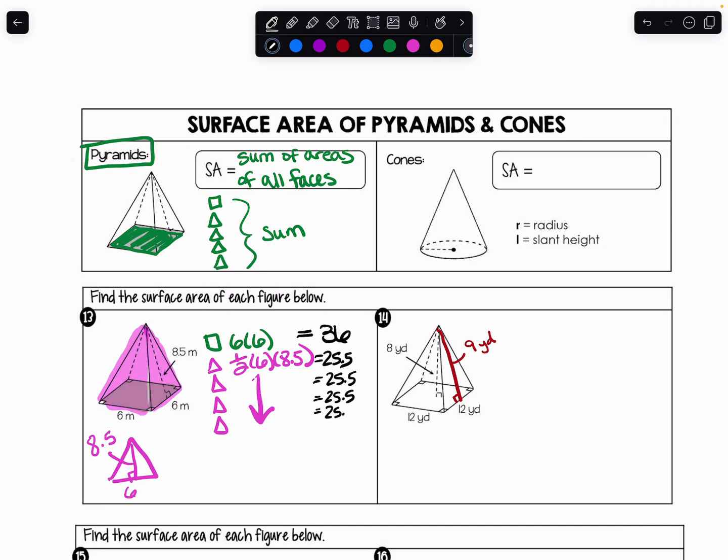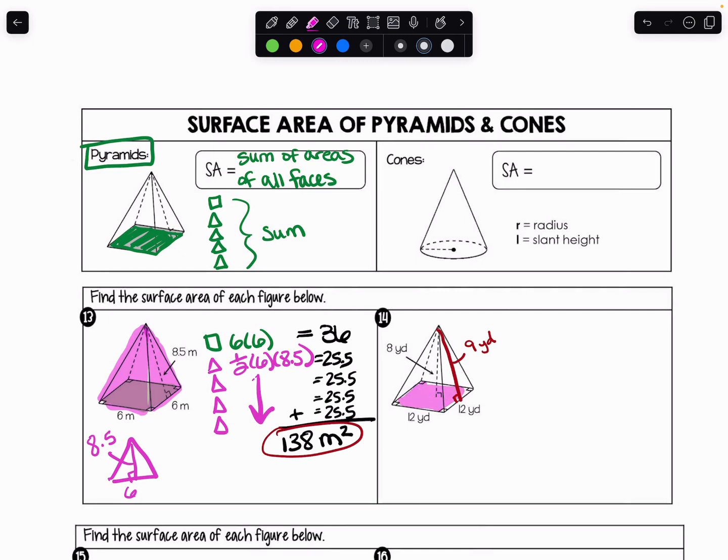So my final step is to add up these 5 areas. So I'm going to do 25.5 times 4, and then I'm going to add 36. And I get 138 meters squared. All right, then I have another square pyramid over here, and it has a base that's 12 by